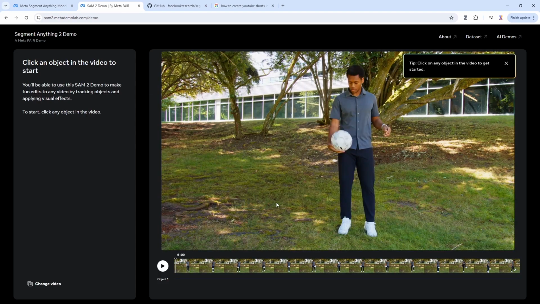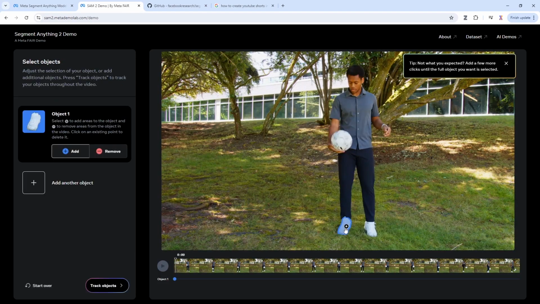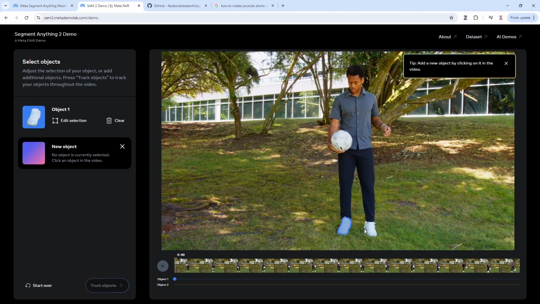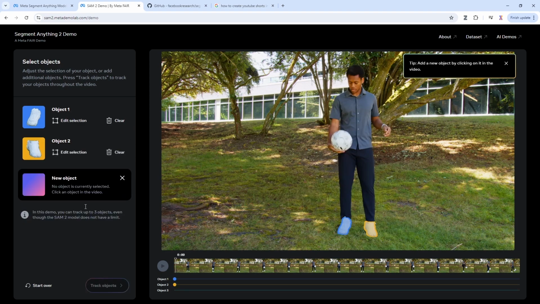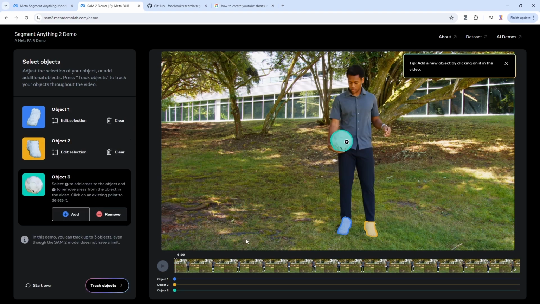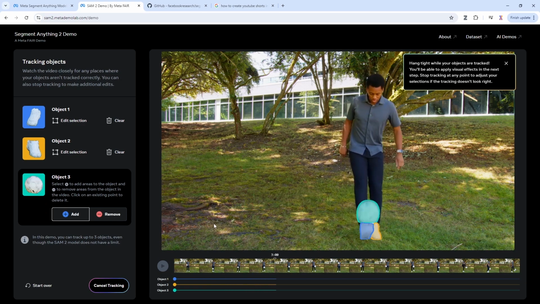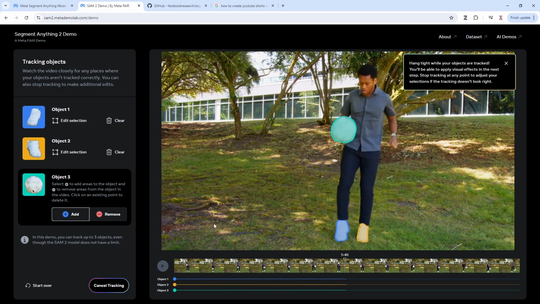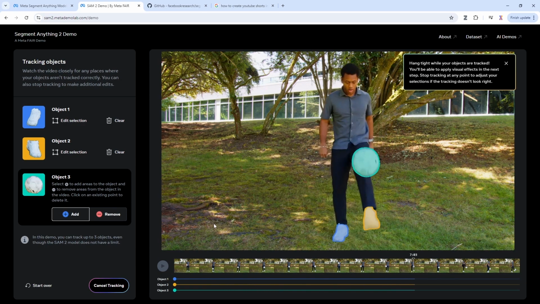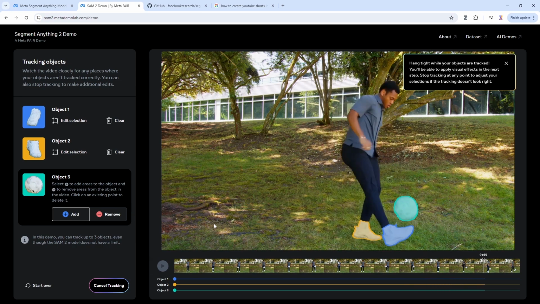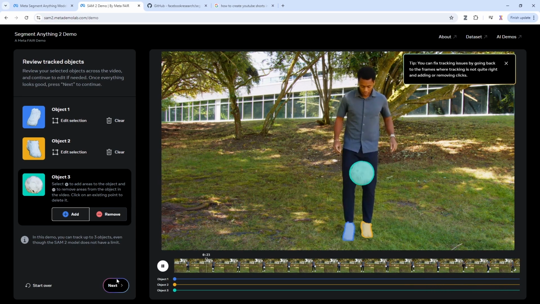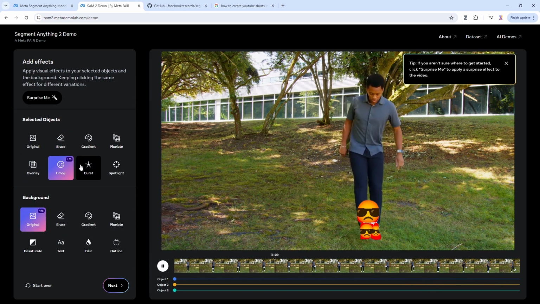You can try the online demo, and on the demo, we can choose the shoes, add another object, choose another shoe, and we can also choose the ball and start the tracking. And in a couple of seconds, we'll finish the tracking for the 3 objects. The online demo has a limitation of 3, but the offline version doesn't have this limitation, and you can change